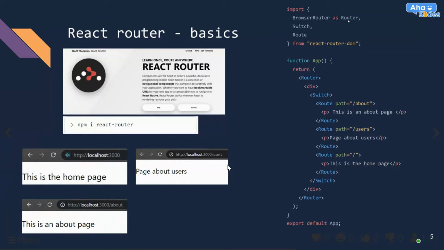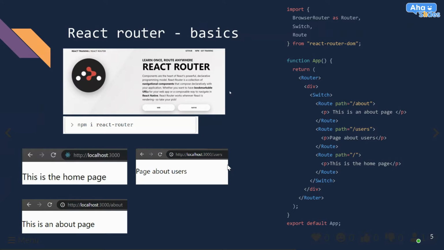This is something you import from this library, and inside it you should have a switch. This is pretty much the syntax. You just have to learn it as it is, and inside the switch you can have multiple routes. You open them, close them, and each route has a parameter called path. In that parameter, you declare the path with a slash.